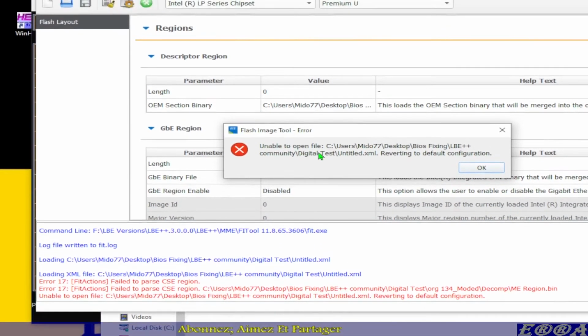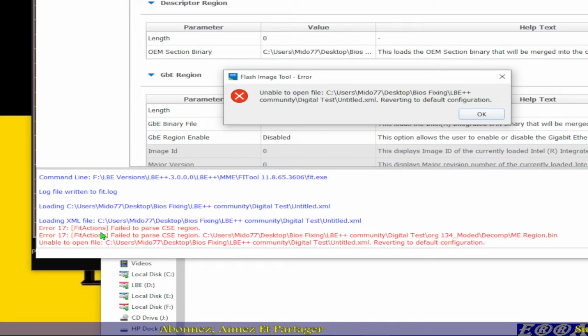Unable to open file, error 17, failed to parse CSE region. So what happens? What's the issue here? Don't go that far. Just read exactly what you have here. Failed to parse CSE region. The second line says failed to parse CSE region, and here it gives the path of the